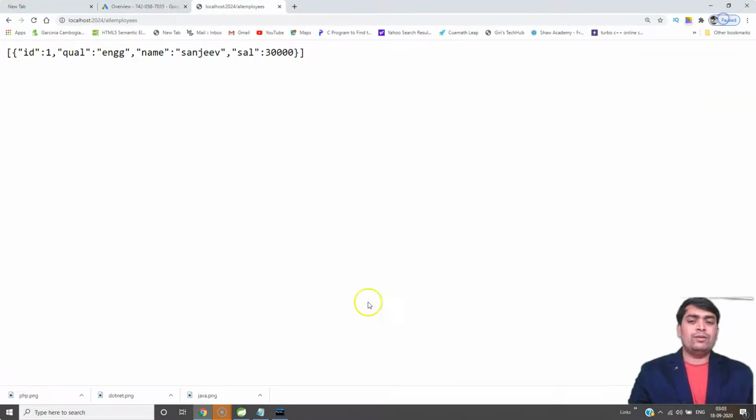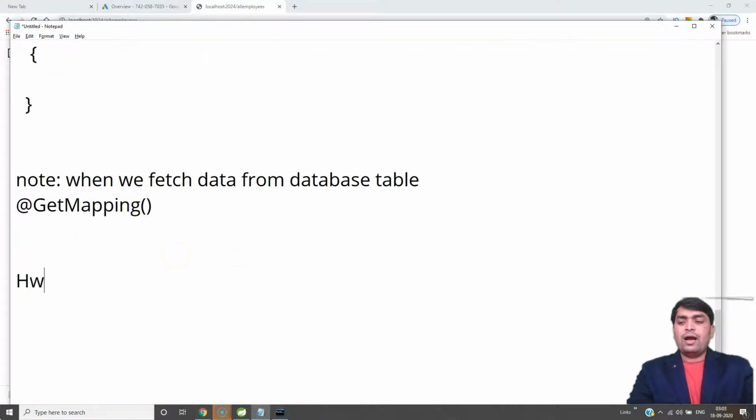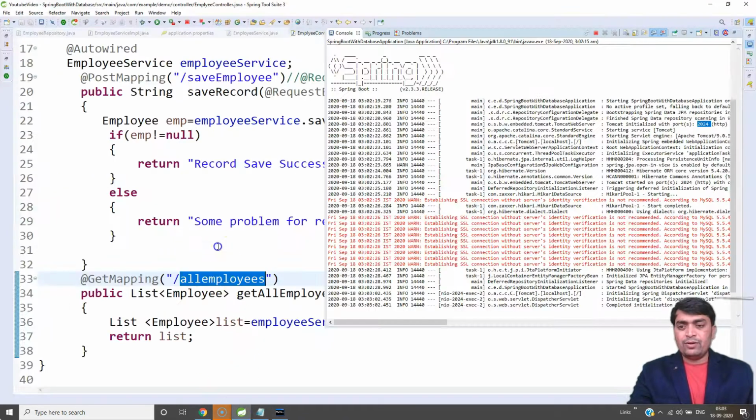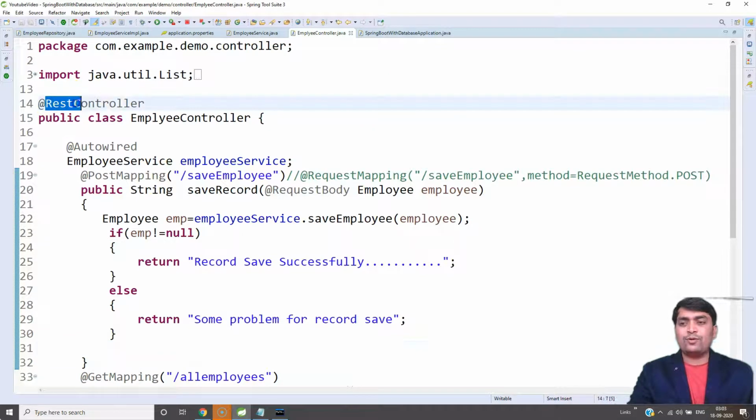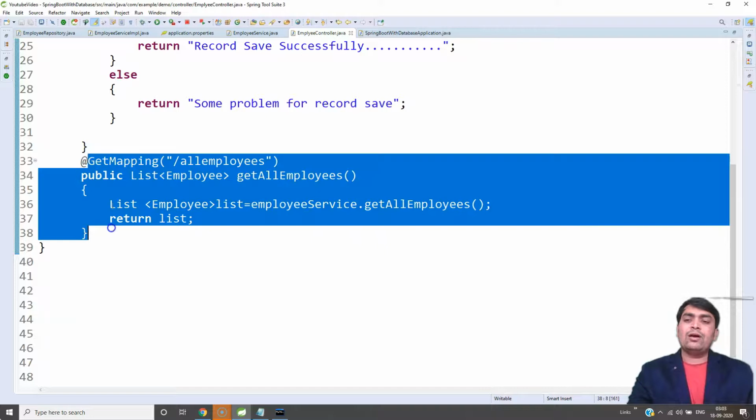This is very simple. So friends, we have a more important part, right? How is the data returned? Here we use a REST controller at the class level, which means all of these are REST APIs.